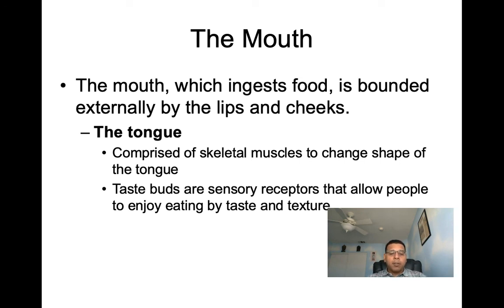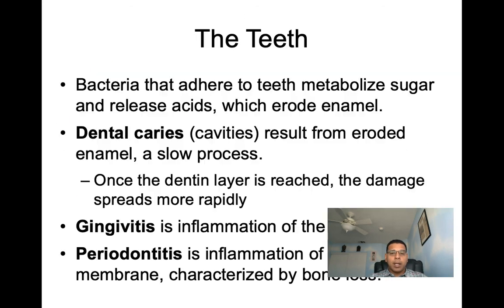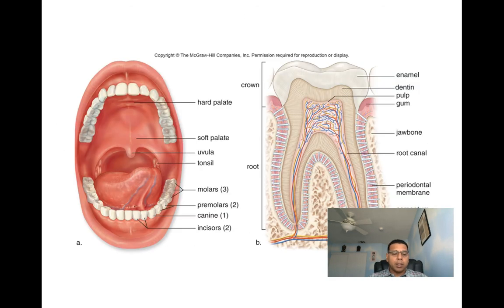So let's talk first about the mouth. Let's go right out here in this picture, and here we can appreciate the red portion of our lips. We'll see the red portion of our lips is going to be poorly keratinized. It's poorly keratinized, and this allows the blood vessels to show through the skin,